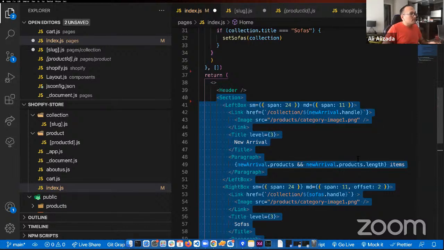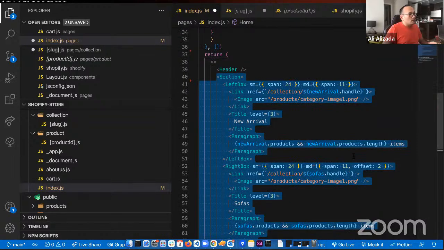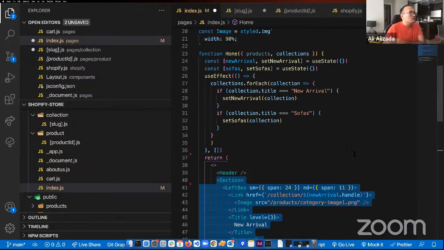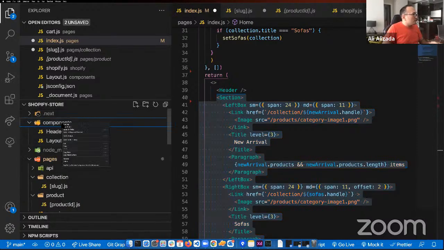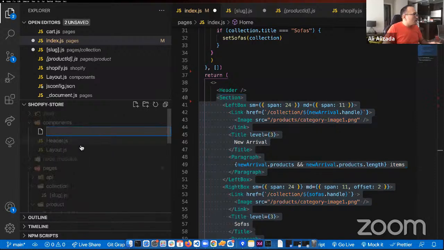Let's copy this. I'm just going to make another component in the component directory, and I'm going to call it